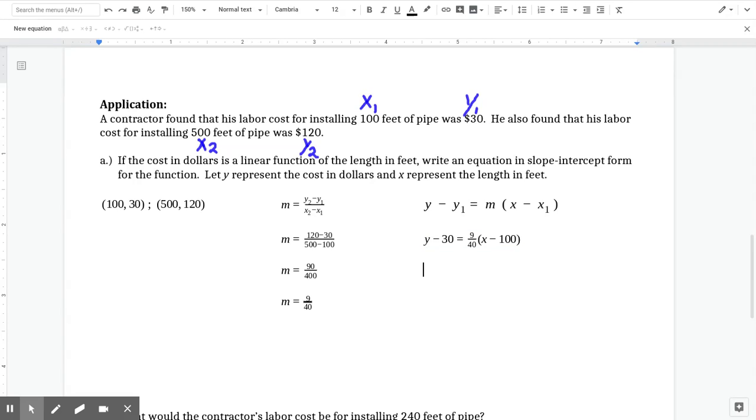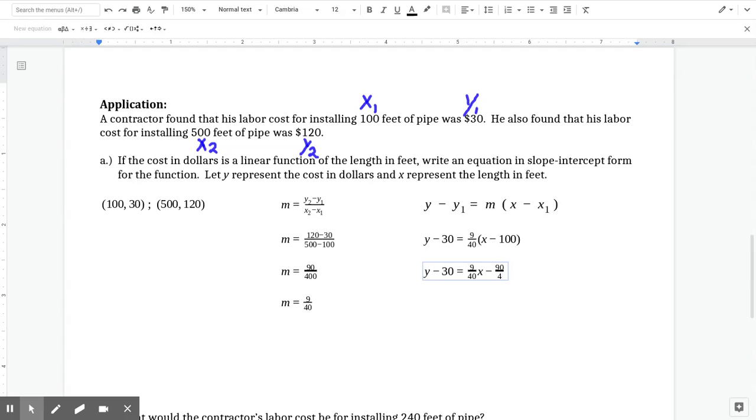Simplifying this, we need to distribute into those parentheses. So we have y minus 30 equals 9 over 40 x, and then 9/40 times negative 100 is going to give us a negative value, and 9 over 40 times 100 is going to be 90 over 4,